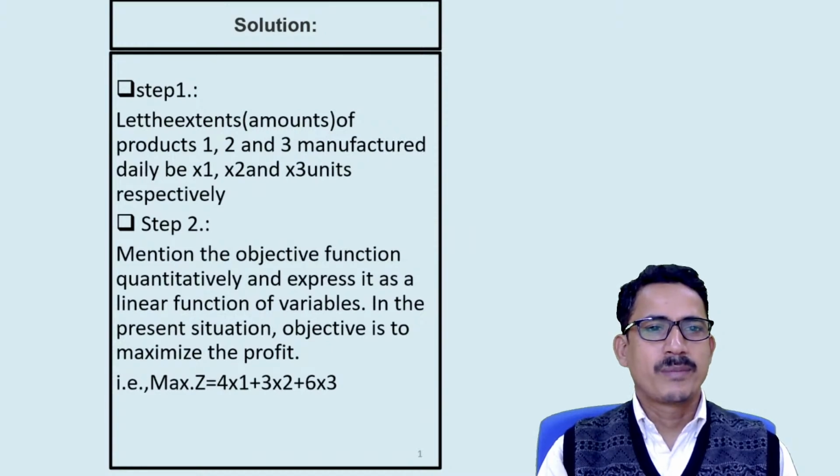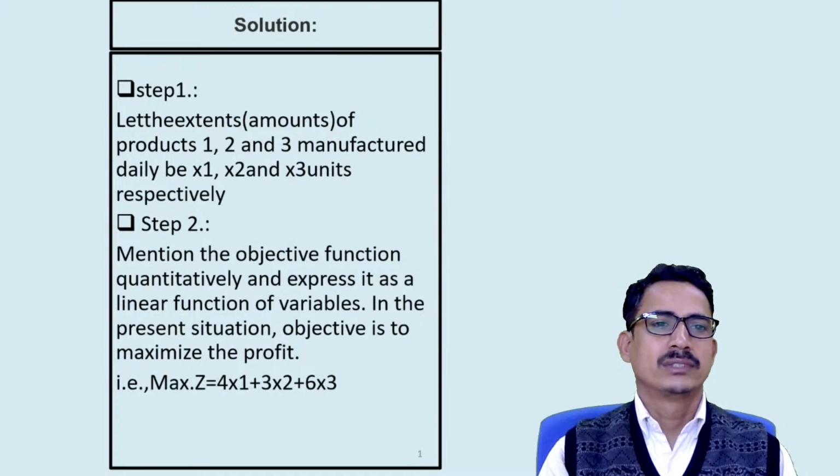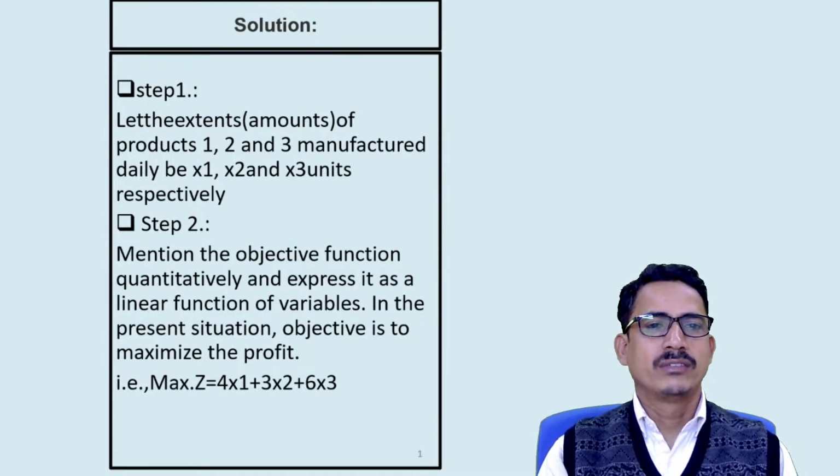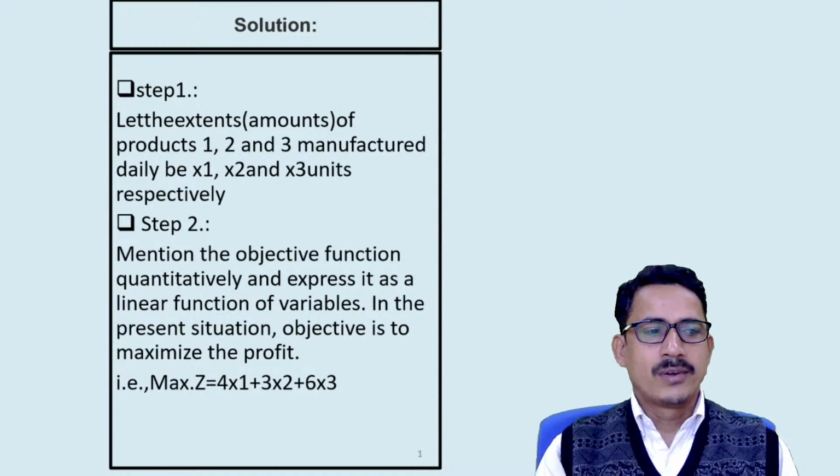What is the objective? You have to find out the values of x1, x2, x3. But here the question never asks to solve it. The question asks just to form a model. Once you form a model, then we solve by different methods. The method we will discuss today is one method. Next class we will see other methods. Now,